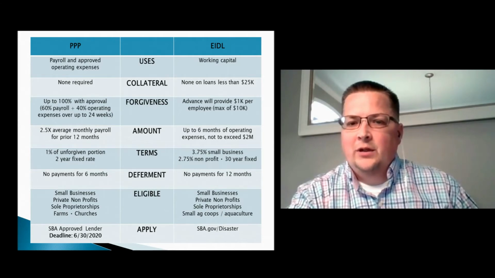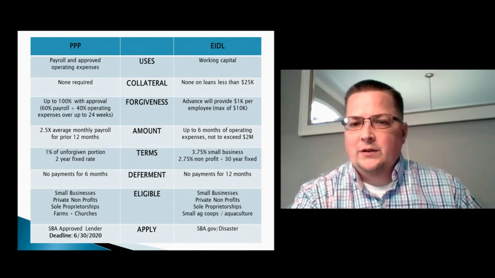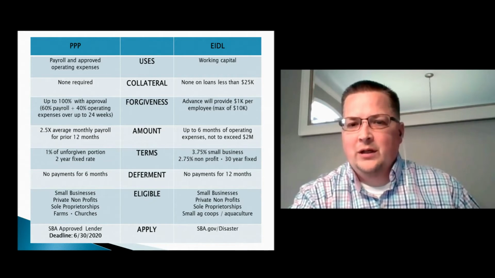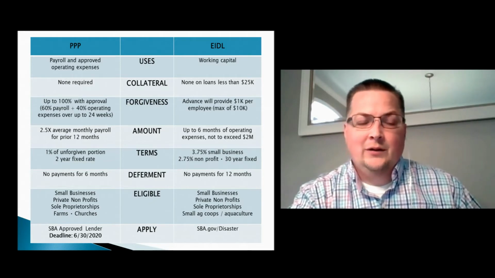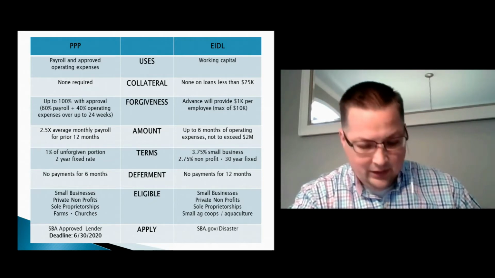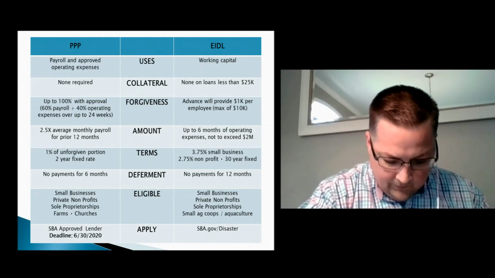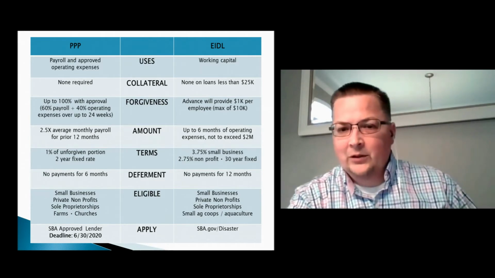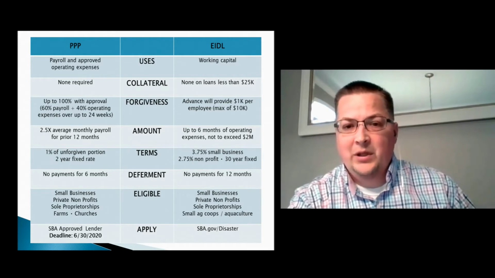EIDL is also up to 6 months of operating expenses. They are not going above $2 million. The PPP amount, I don't know if there is a cap on it. I'll have to go back and look. I don't think there is an immediate cap, but